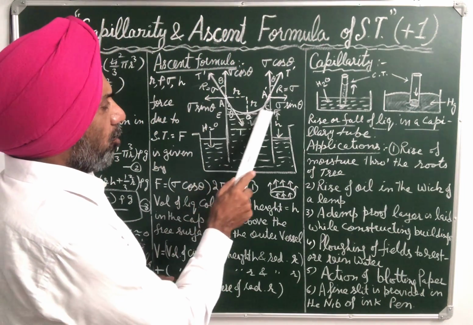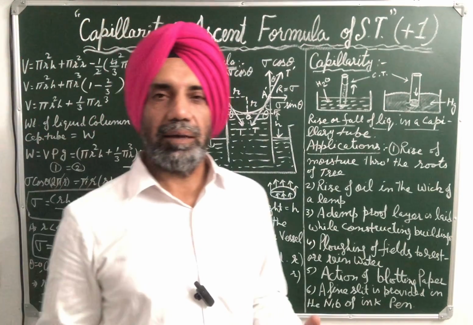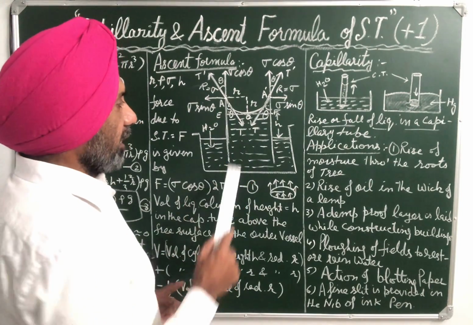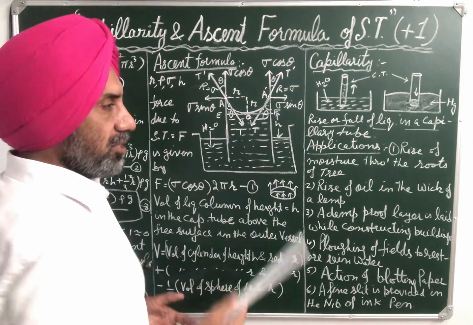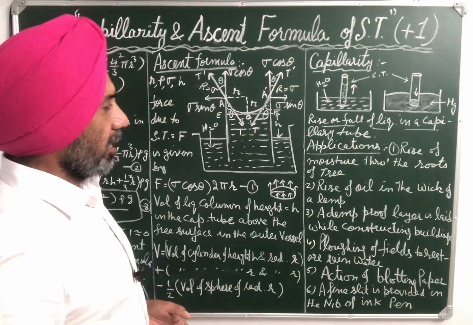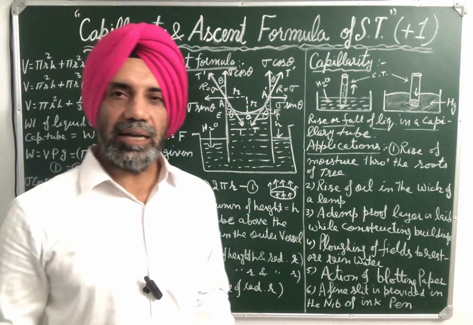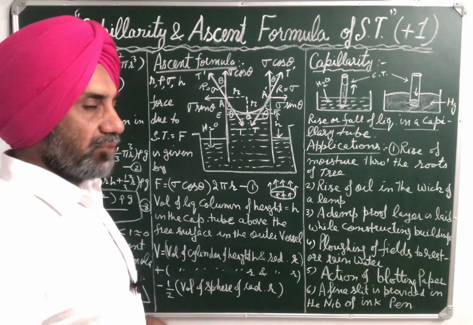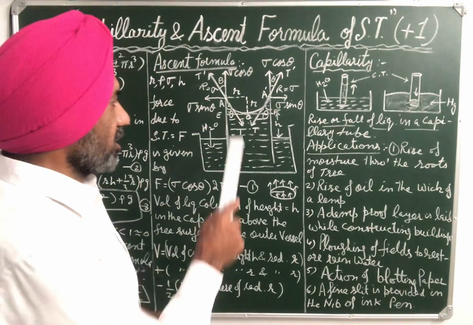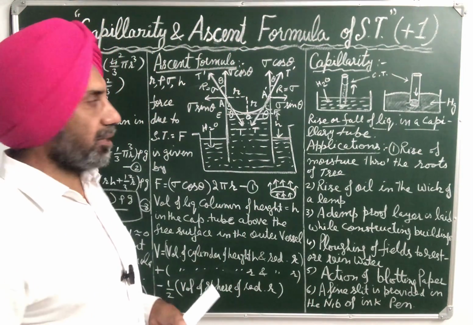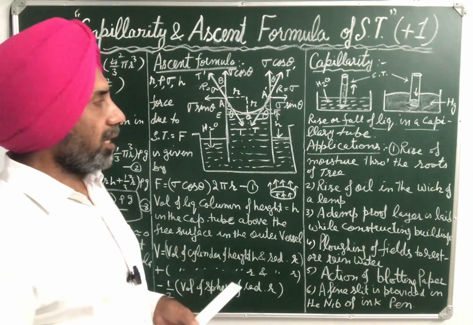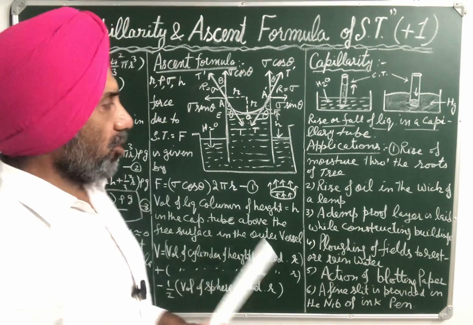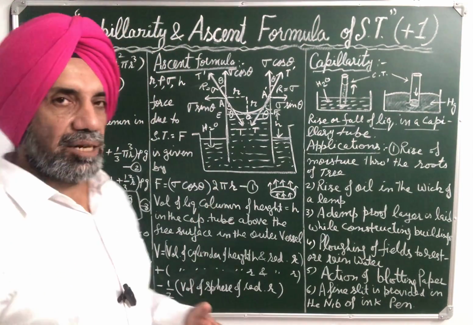So suppose AOA dash is the meniscus of the water liquid in the capillary tube. EF is the tangent drawn at the bottom of the meniscus. H is the height attained by liquid in the capillary tube. Now, consider molecule A, which is in touch with the glass wall, just above the meniscus of the liquid AOA dash. Then draw a tangent AT to the meniscus, because force due to surface tension acts along the tangent to the meniscus,